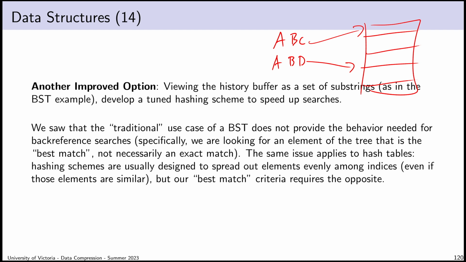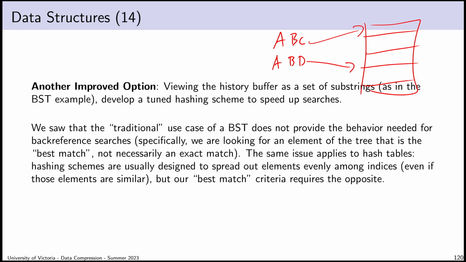I don't want any clustering, especially of related keys. I would like to throw a bunch of related keys into the hash function, and I want them to be spread out as far as possible. So we usually design our hashing scheme to spread elements out evenly, but the criteria we're using here sort of